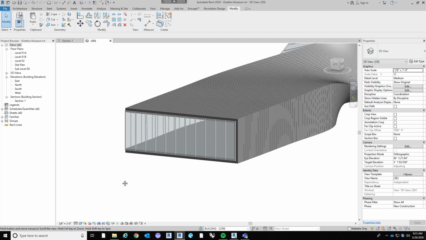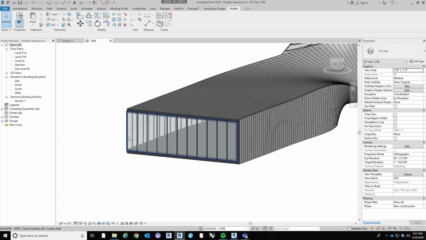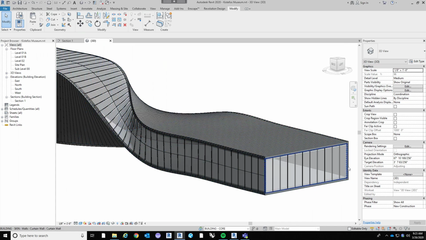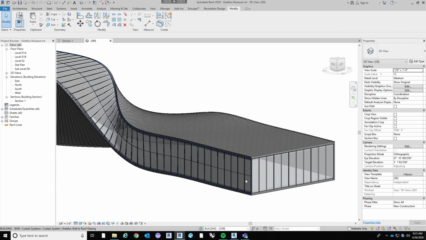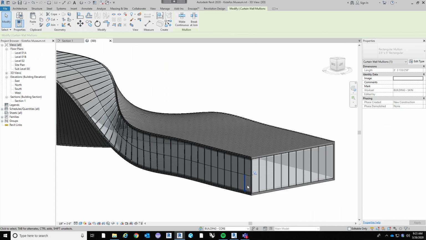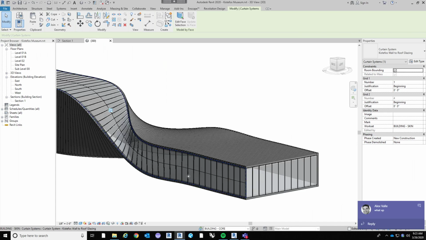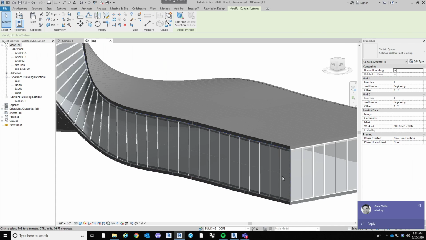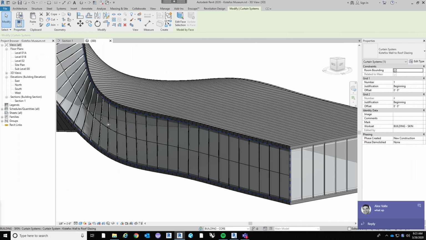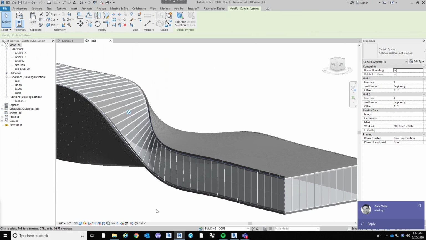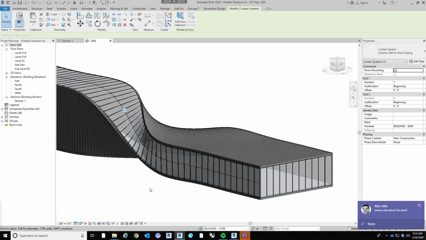Alright, so the other thing that we want to do, so we created the metal panel. Now we want to create a custom panel for the glass. Now last time we just created a curtain system, which is fine, but especially on our curved radius, it gives us this horrible division in the middle, and we want those to be perfectly straight across the entire face. And so to do that,